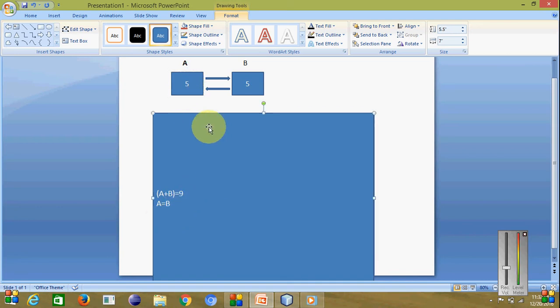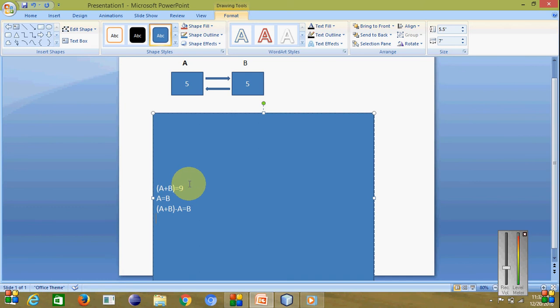Then we will subtract one of these values, suppose A, from the addition of these two values, and store it to B. Then what will happen?